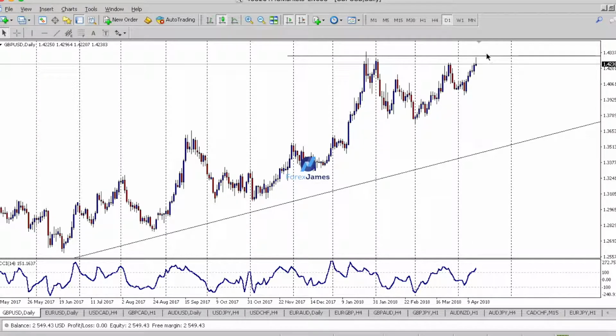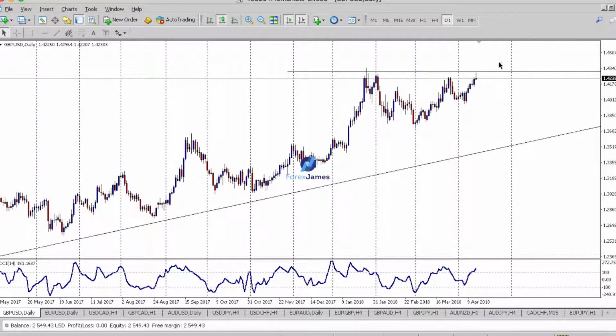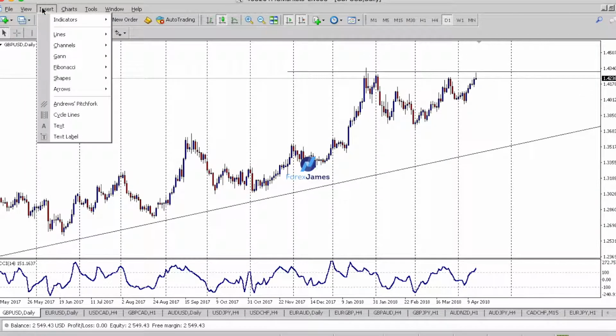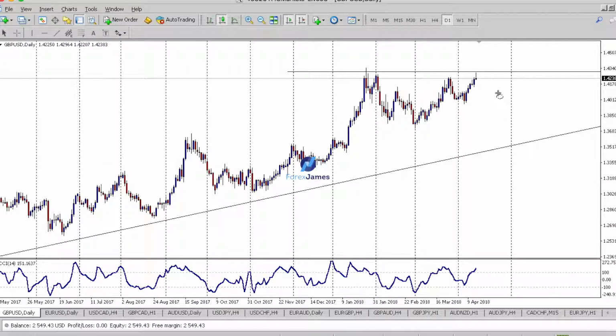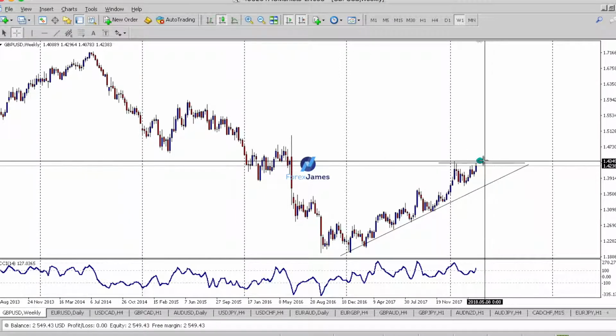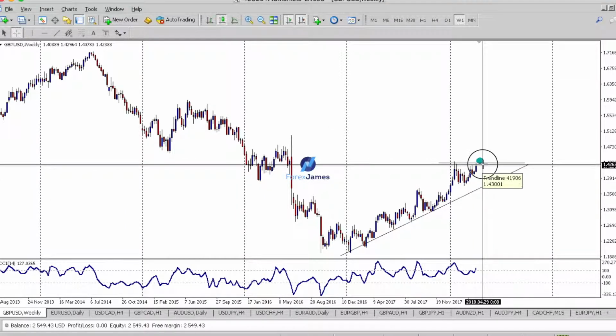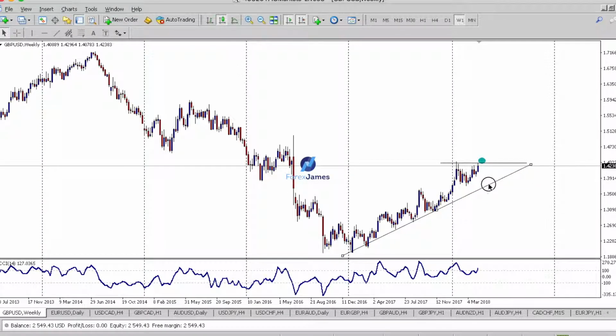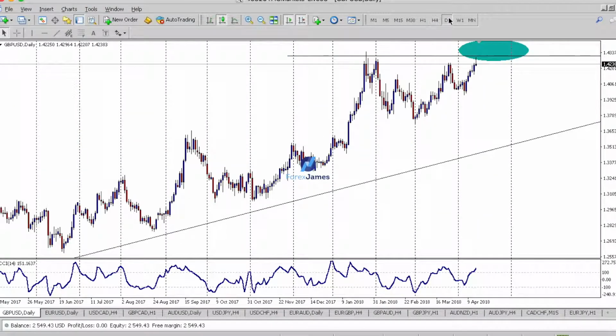So we're gonna be looking for some short opportunity on this area here. Let's mark that with the green oval. It's as simple as that, guys. And when it hits, should price react to this area, direction bias would be down until we hit this weekly trend line. Next